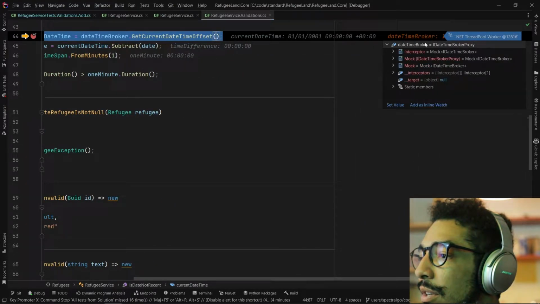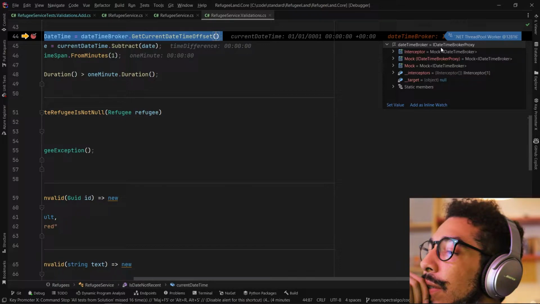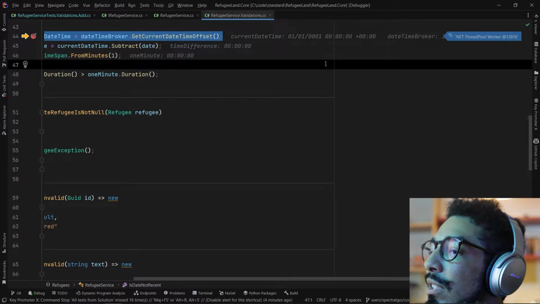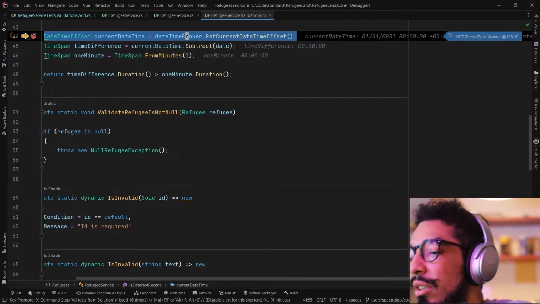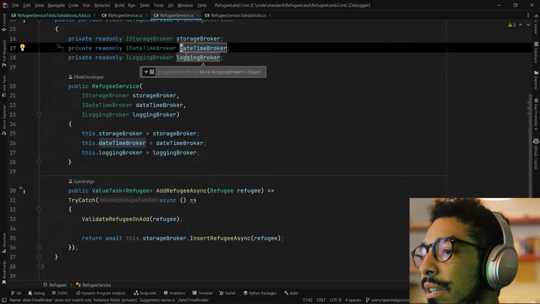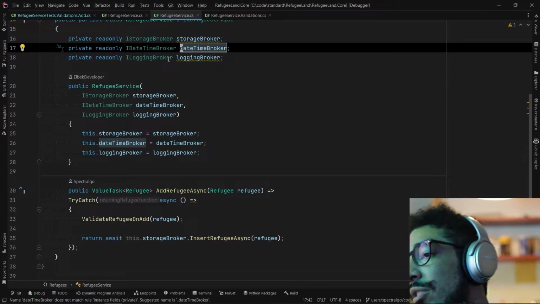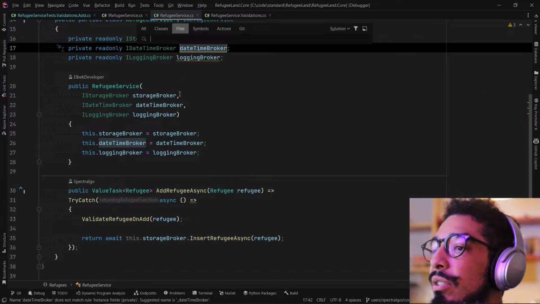And the date time broker. And so we have a proxy here too. So we can see that we are using the mock of the date time broker here. We are not actually using the real get current date time of the date time broker. Like our date time broker is here, and it's a dependency injection. It's injected from our services, and if we are going to our startup,